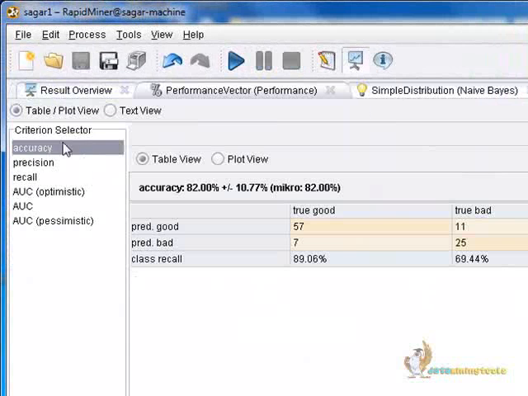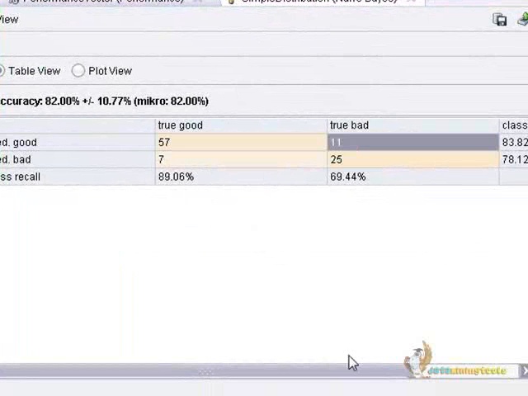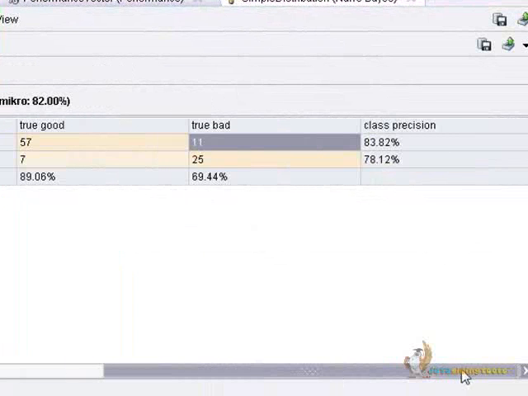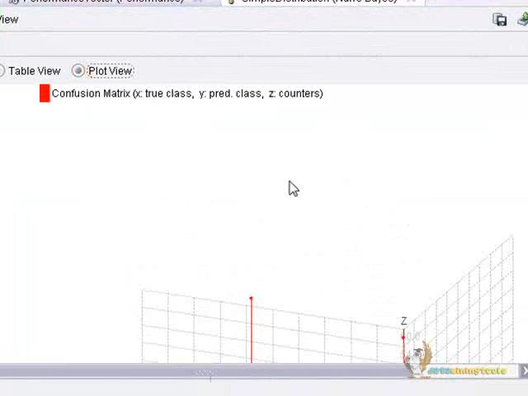Right? So here we go. This is the criterion selector. The accuracy tells us 82%, very good, 57, true, bad, 11, and class precision is 83.82%. This is the table view. Going to the plot view,